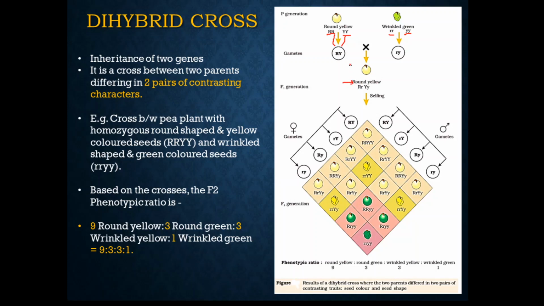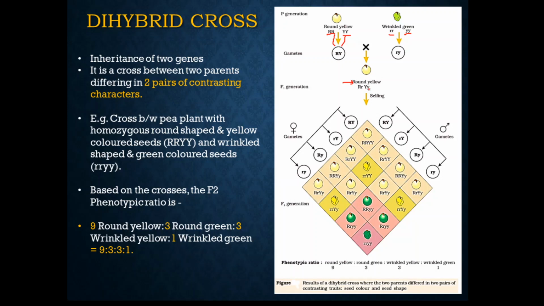These round and yellow seeds resemble only one of the parents. Although they are round and yellow, if we see the genotype, it is heterozygous. Both the parents contribute gametes, and through the gametes they contribute the alleles, and these alleles form the heterozygous. However, since round and yellow are dominant over wrinkled and green, they are expressed in the F1 generation.